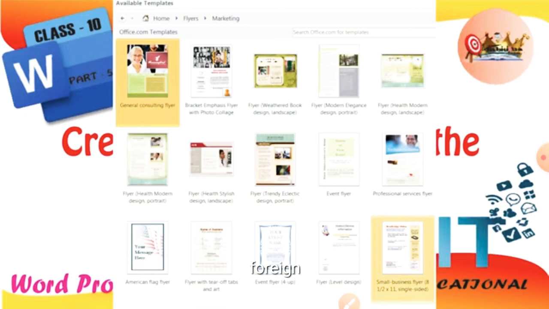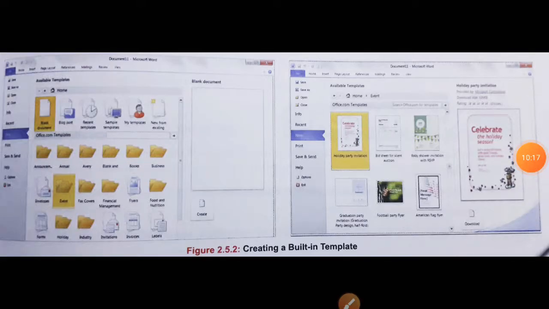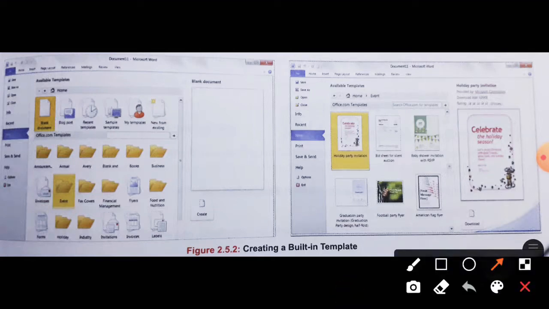So for that, here you can see the screen of creating built-in templates. First you will click on the New option in the File tab, and a gallery of templates will be displayed, as shown in the figure.